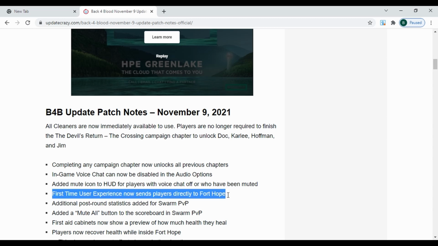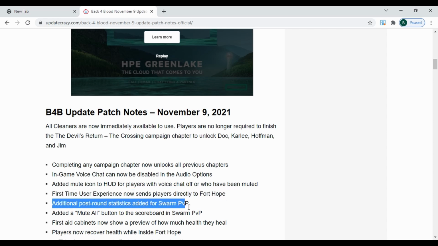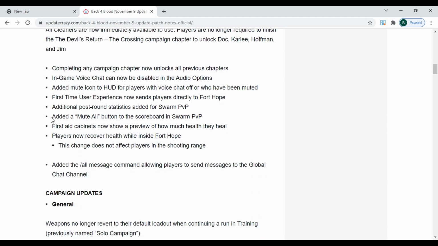Next, first time user experience now sends players directly to Fort Hope. So that's just for new players. Next, additional post round statistics added for Swarm PvP. That's going to be cool to see. So that means at the end of the round, if you stick around, you'll be able to see some extra